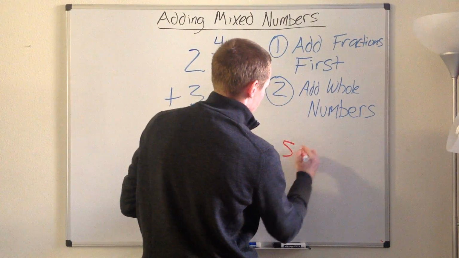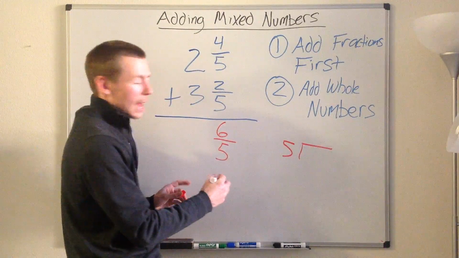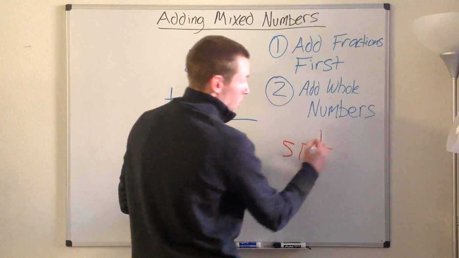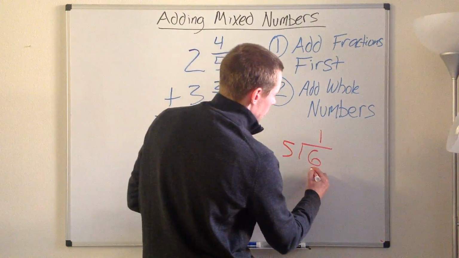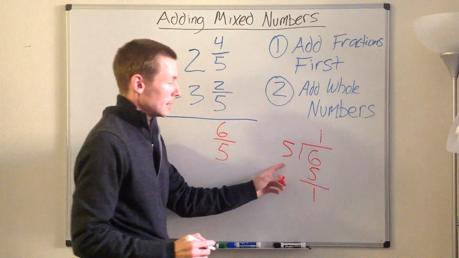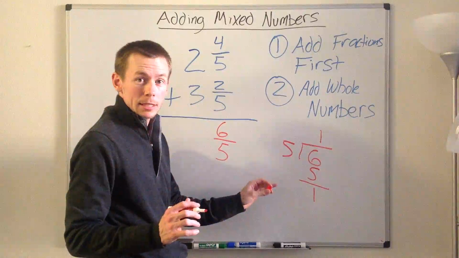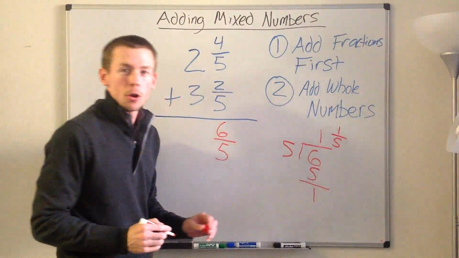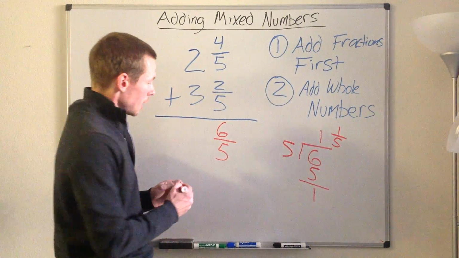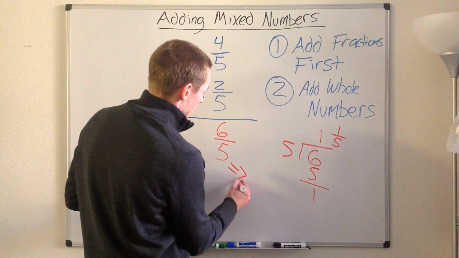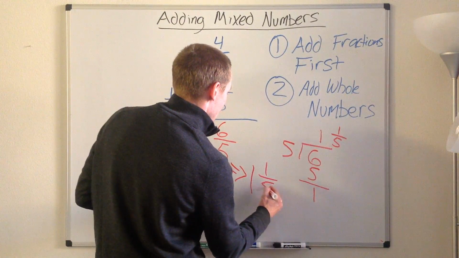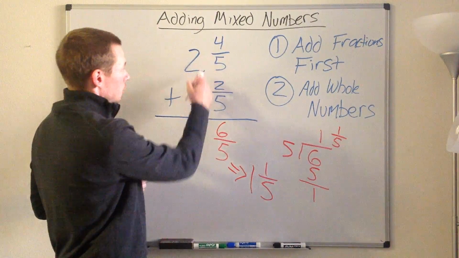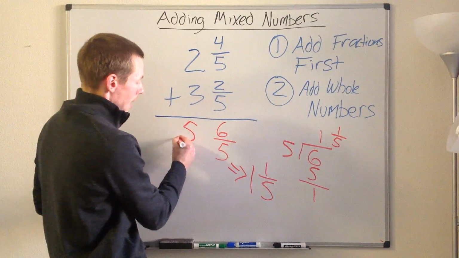So we have to do the division. How many times does 5 go into 6? It goes in 1 time, and then how much is left over? 1 is left over, so we have 1 complete, and then 1 out of 5 is left over. Okay? So now this becomes 1 and 1/5, and now we can go ahead and add the 2 plus 3 and get 5,